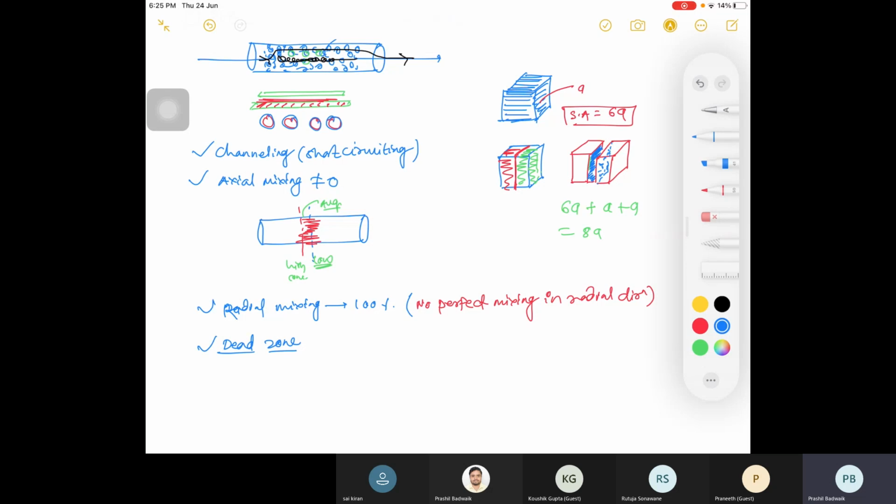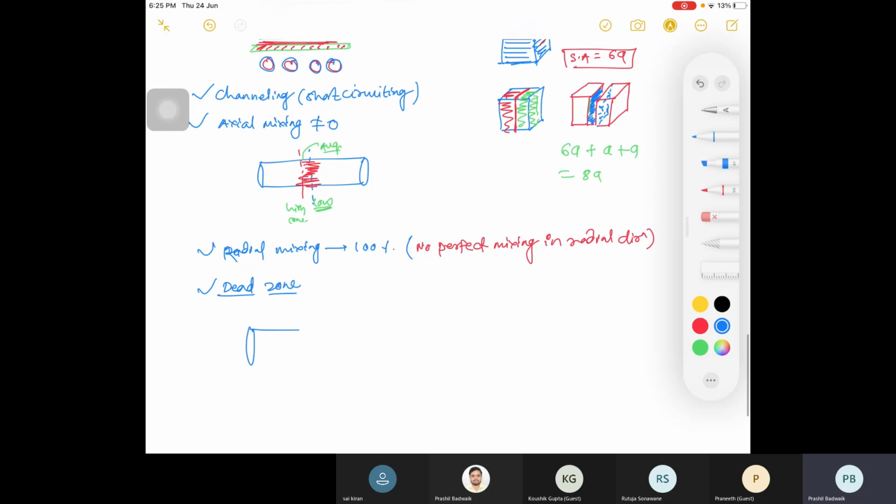ओके, सपोज दिस इज योर रिएक्टर, राइट. अभी तुम्हारा फ्लो कैसे होगा? इफ आई एम पुटिंग सम स्ट्रीम इनटू इट, फ्लो विल बी लाइक दिस राइट. ऐसे फ्लो होगा. दिस इज योर पाइप जहाँ से तुम रिएक्टेंट फ्लो कर रहे हो और सम वाटर इज फॉर एग्जांपल वाटर डाल रहे हो. This flow will go like this, right. It will start moving forward. Okay, and this PFR has high length, so it will move forward.